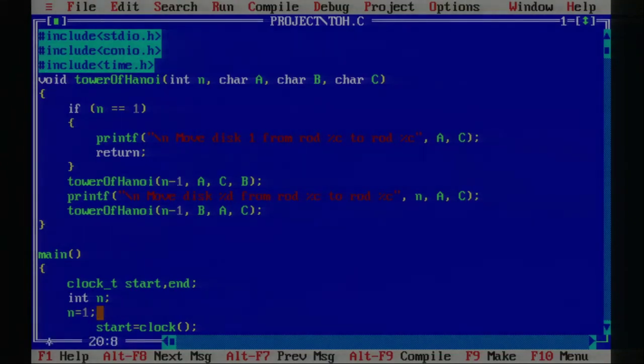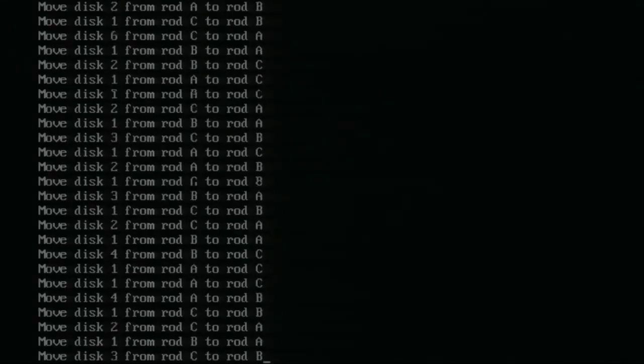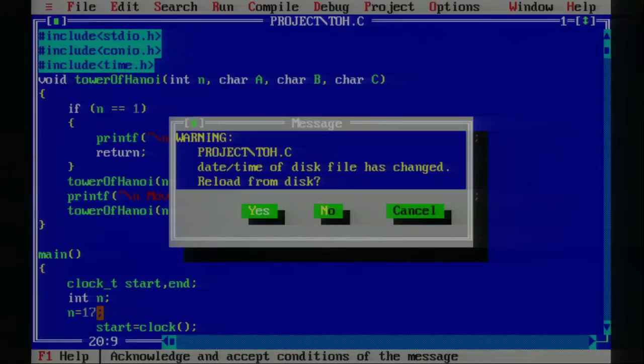Then again we'll increase the value from 15 to 17, and let's find out. Alt F9 for compiling, Control F9 to run. We have increased the value of n, so let's see how much time it requires to execute.